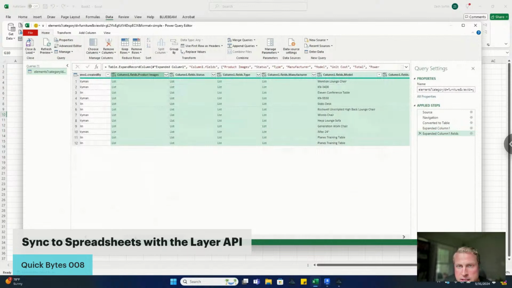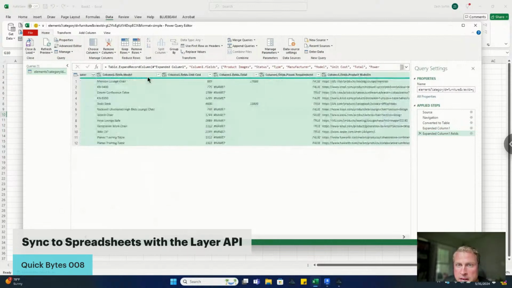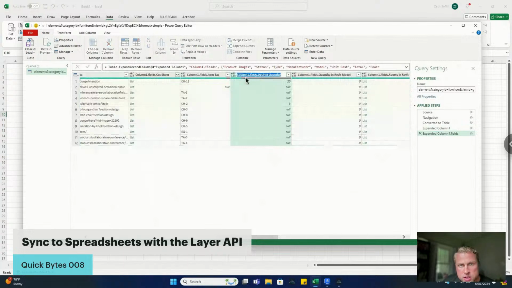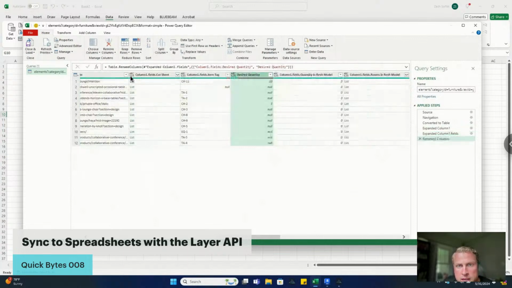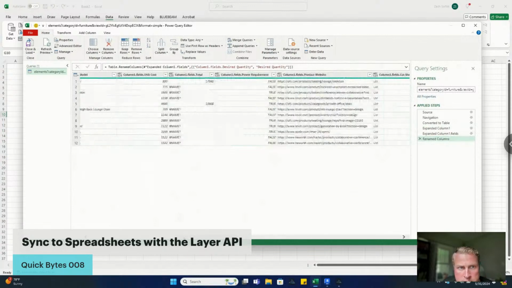And now you can see it's pulled in all of my data, like for example, the model of each of these, the unit cost, and the website. And I think I have desired quantity. There it is, desired quantity right here. So what we're going to do is I'm going to rename a few of these, and you can just rename these columns by double clicking on them and hitting enter. So I'm not going to rename all of them, but I'm going to rename a few of the ones that we're going to use,